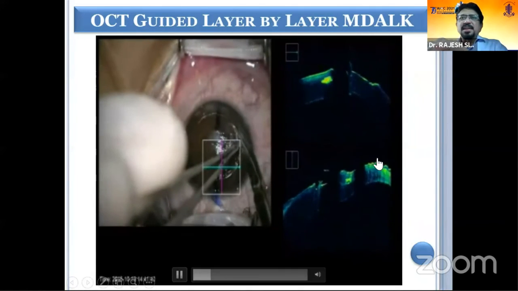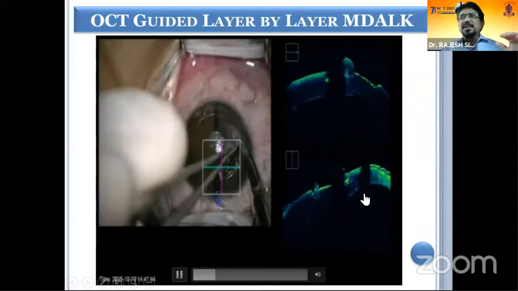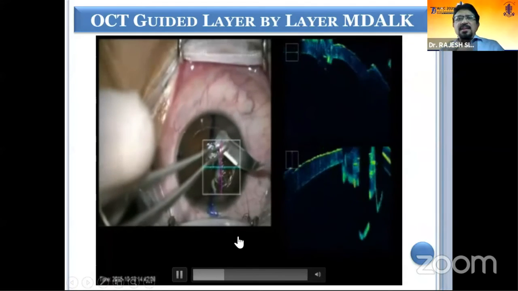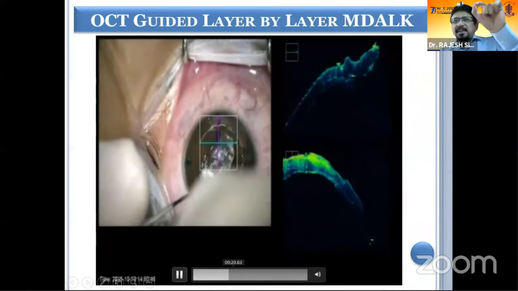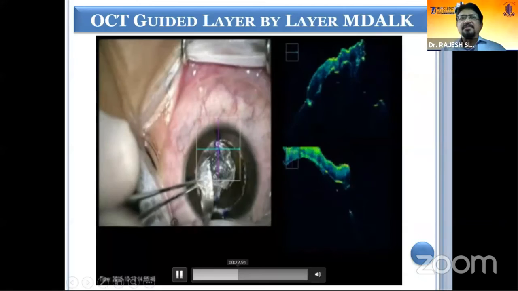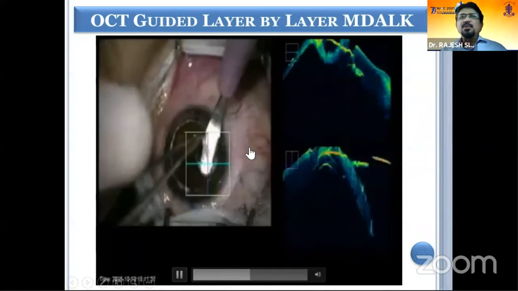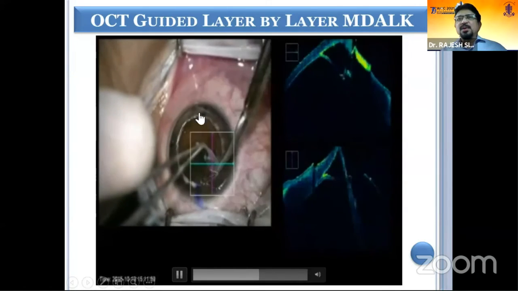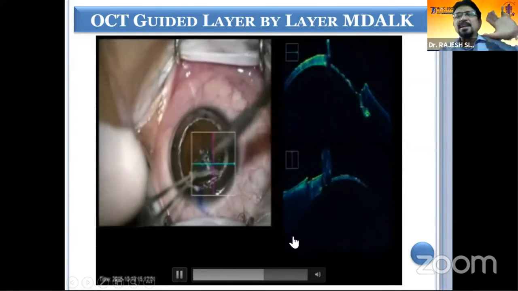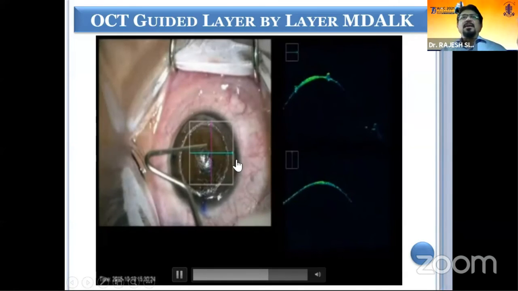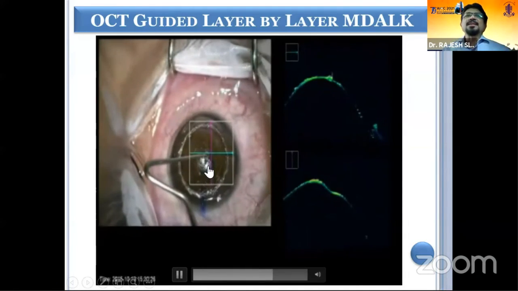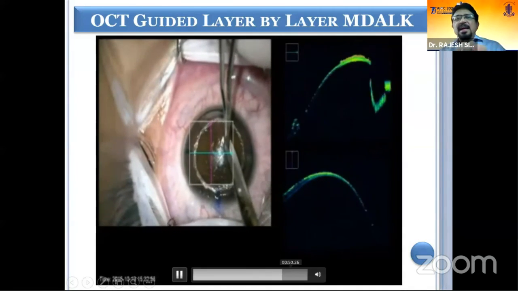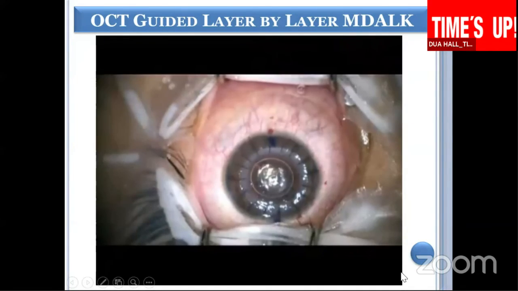When you use intraoperative OCT, it is really helpful because it lets you know at what level you are working, so at what level you are dissecting. By lifting the tissue, you know how much residual tissue is left. And it also helps you to know that in one area, if you have more tissue and in the other area you have less, you can dissect accordingly, and you exactly know in real time where is the extra tissue. Like if there's a ridge here, you can remove the ridge and get a regular interface and clear up the tissue.